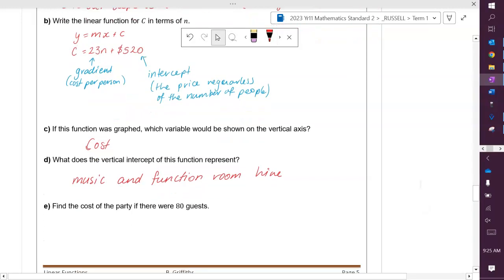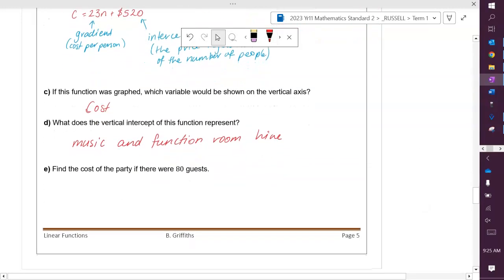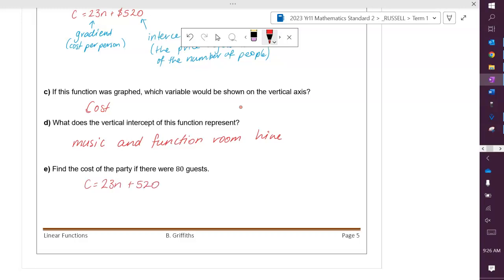And the last question says, find the cost of the party if there were 80 guests. So we use our formula from above, which is C equals 23n plus 520, and 80 goes into the place of n. So 23 times 80 plus $520. And that will tell us the cost is